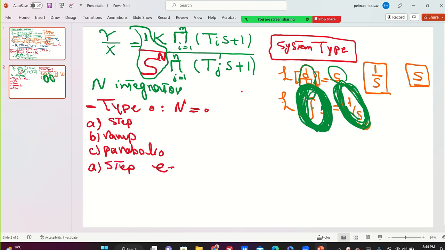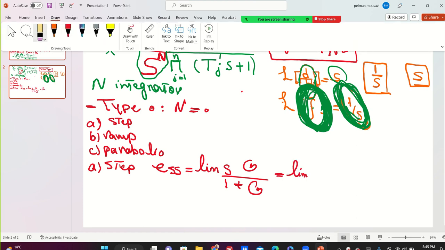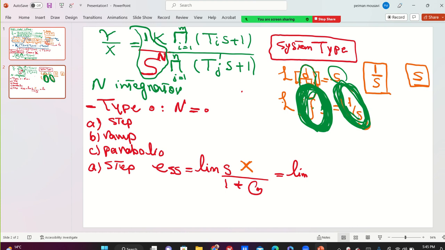I taught you about the final value theorem. Remember, ESS was the limit of s times X over the system, 1 plus G. So when you have a step, your X is 1 over s, you know it. s multiplied by 1 over s, over 1 plus this function,